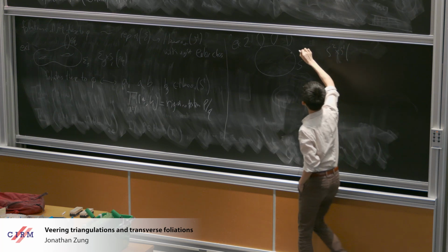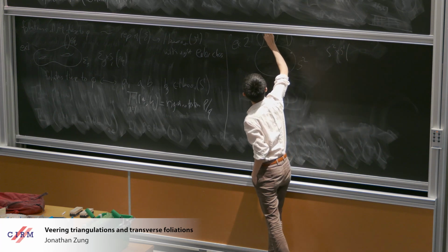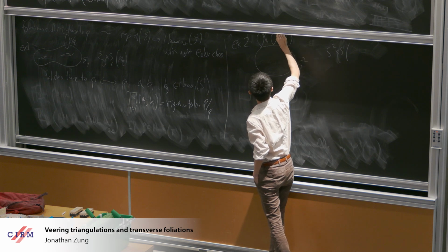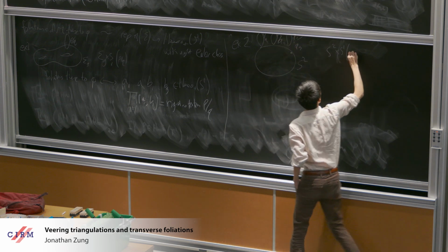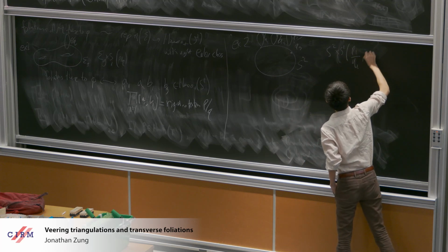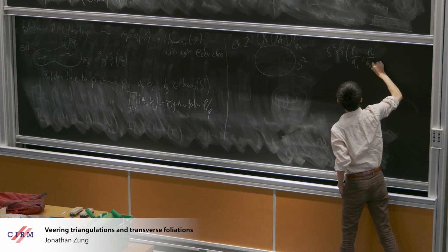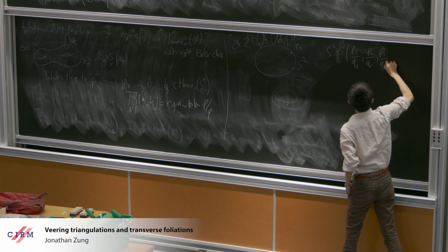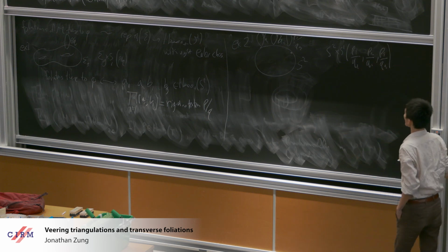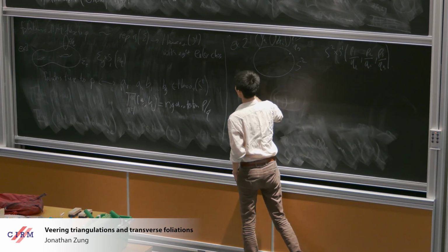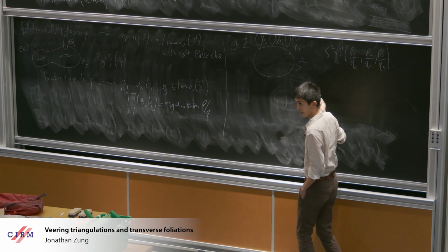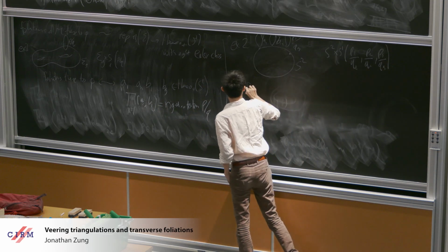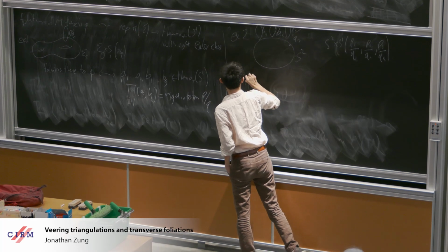And we're doing Dehn surgery along some fibers with slopes p1 over q1, p2 over q2, and p3 over q3. So this time we can also rewrite the problem of existence of foliations in terms of a problem in one-dimensional dynamics. So transverse foliations